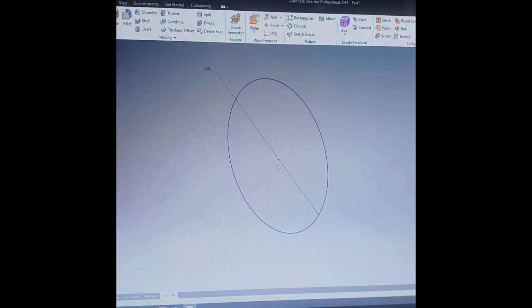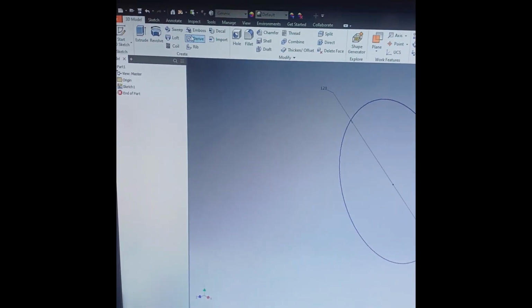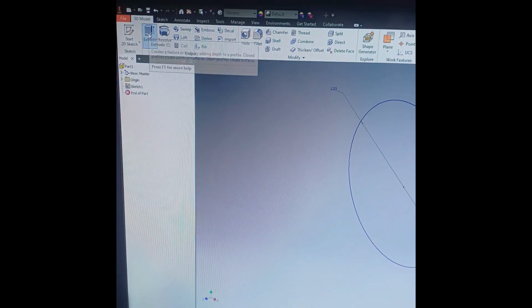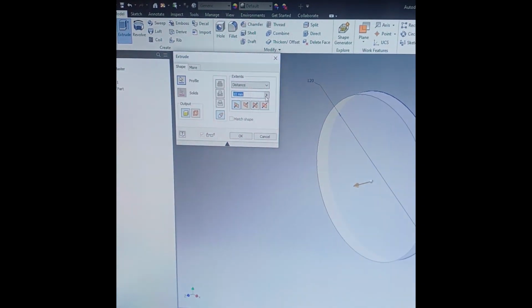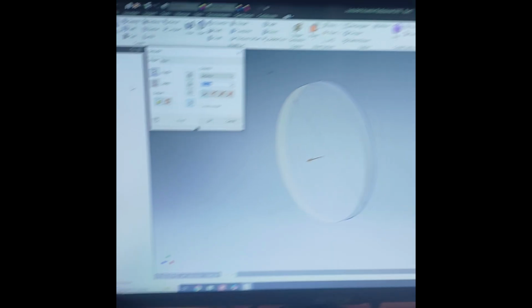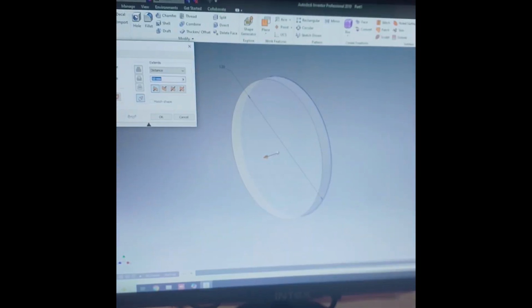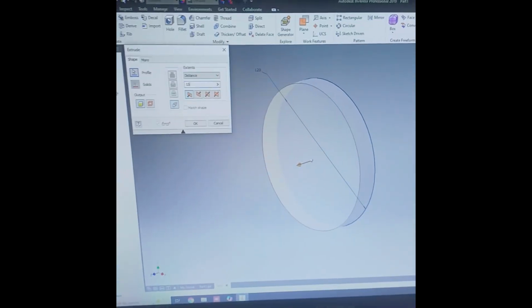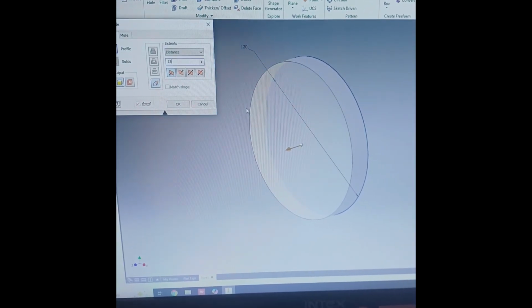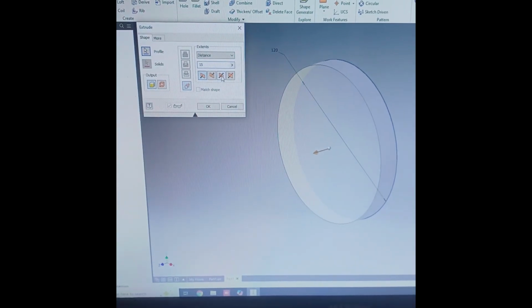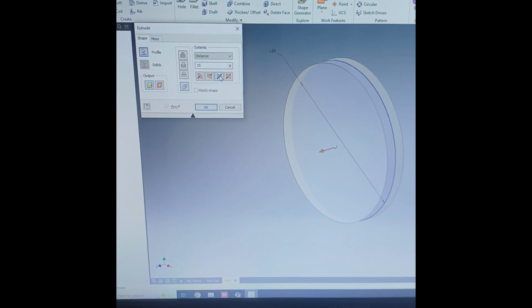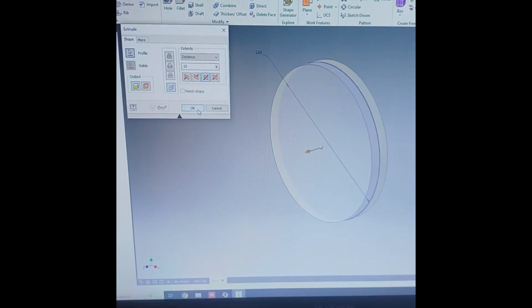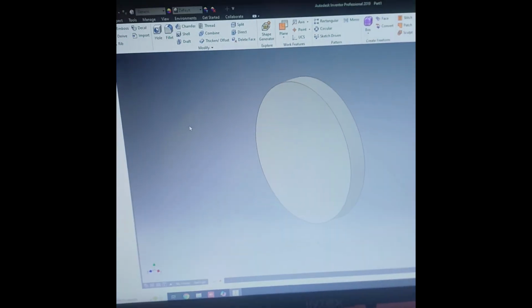and here go to the extrude command. You can see here extrude command and take here extrude of 15 mm. Okay, so you can see the change, and I'll take here the symmetric extrude and press OK. Okay,